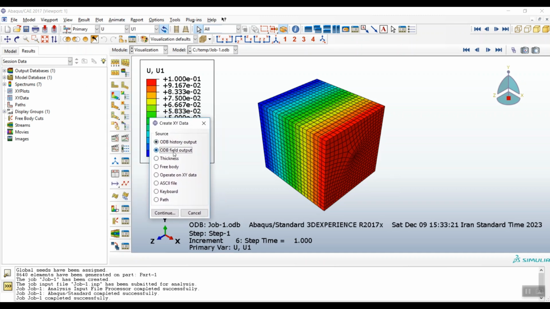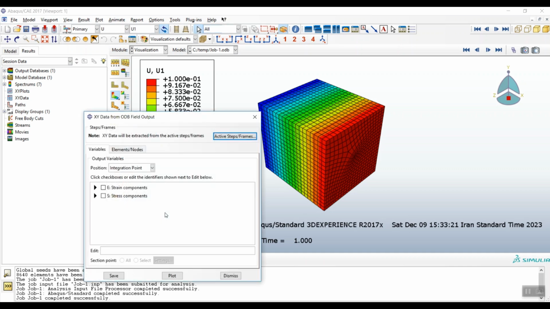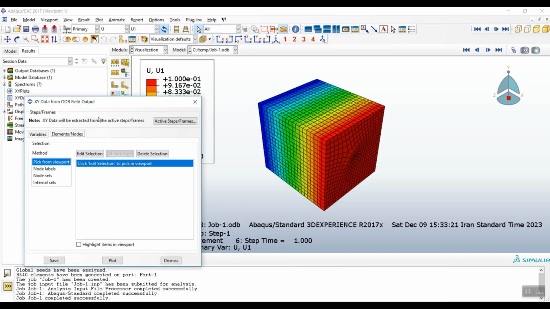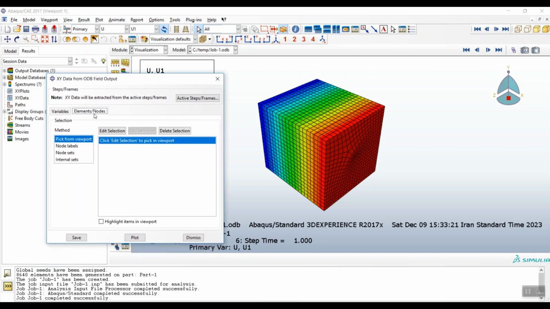Click on ODB field output and click on continue. Here you have to select unique nodal, and here select reaction forces on the one axis, and here displacement on also one axis. Here go to the element node tab, and here click selection,